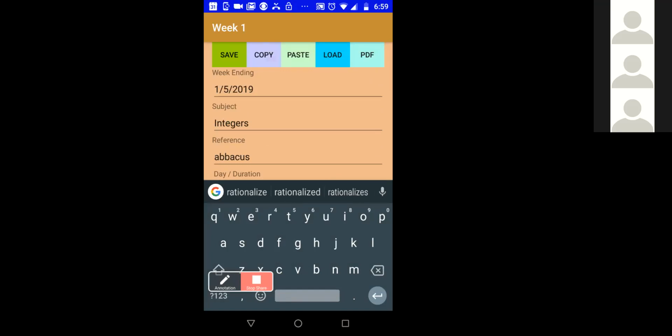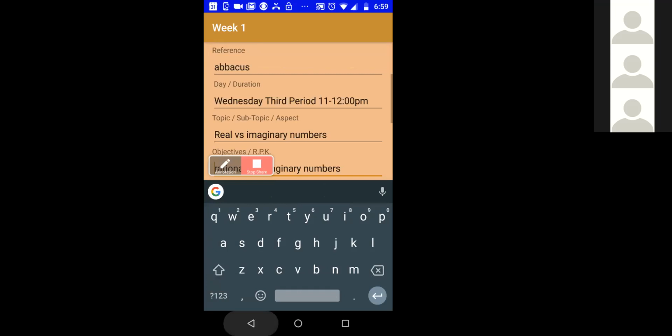The copy and paste. So I'd like to briefly show you that. So let's say we want to take this week and we're going to move it into a corresponding week in another term. So we're going to copy it. It's going to copy all the data. We get a toast down there, lesson plan copied. We're going to go back,